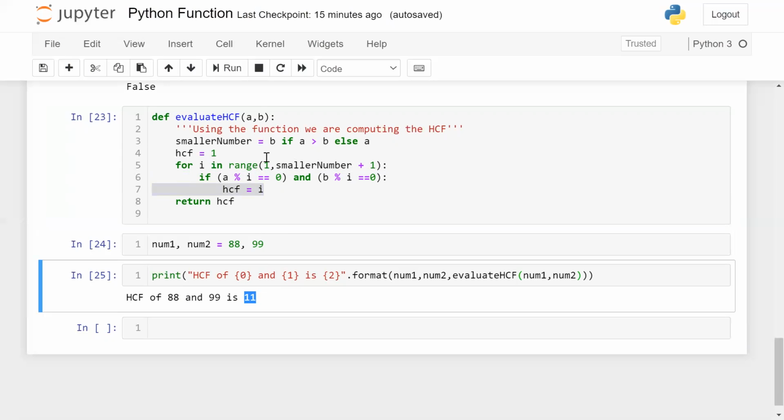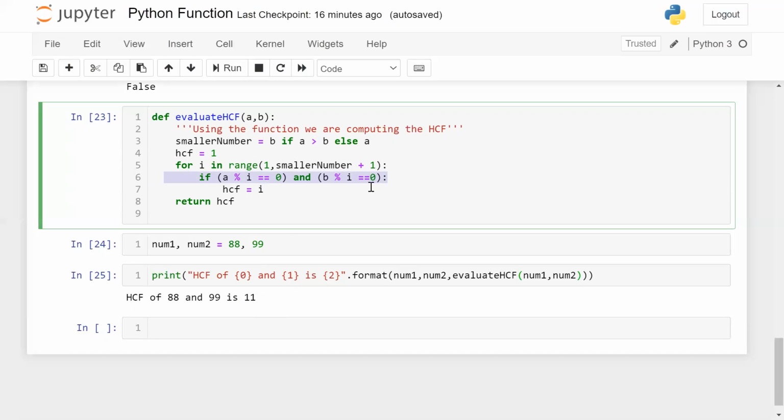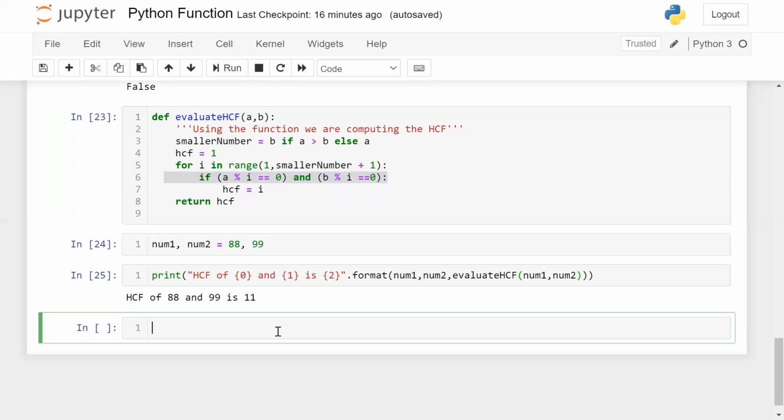When I'm getting 11 as the value of i, 88 is completely divisible by 11, and the same for b. And no other value can completely divide these two values. It means 11 will be my highest common factor. Okay, so this is a very interesting concept of how to calculate the highest common factor using